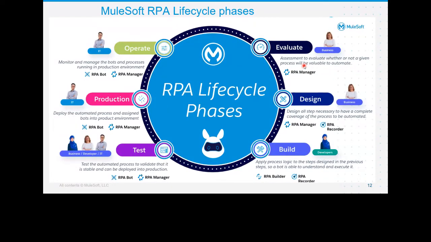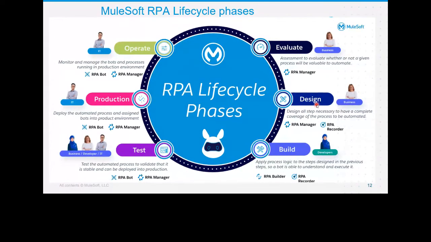Once it has been qualified, once the evaluation information has been fed into the system, into the RPA Manager, the next thing that happens is the project manager who is funding this activity would either approve or reject it based on the case. If they find this business case to be valid, they'd go ahead and approve it. So once that approval comes in, let's assume a happy case where it qualifies for RPA automation, then it is approved by the manager, and then it goes into the design phase.